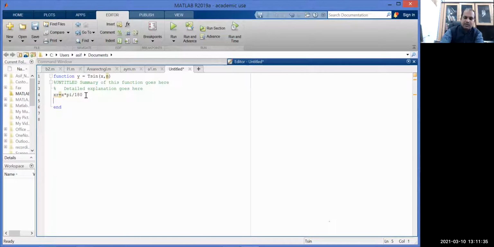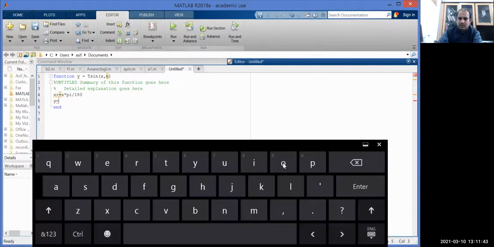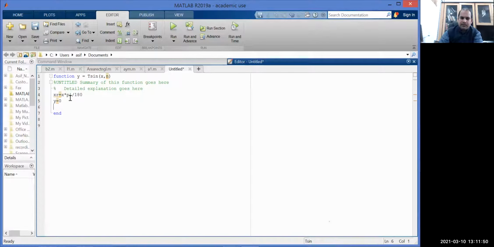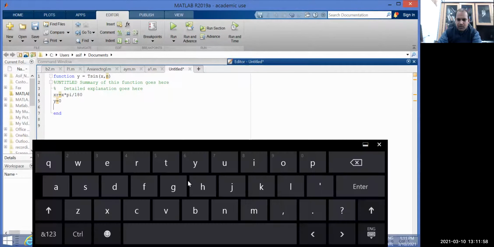y is equal to 0. Output y is equal to 0. Then now write the relation from where you want to compute. So use a for loop to compute the sum.